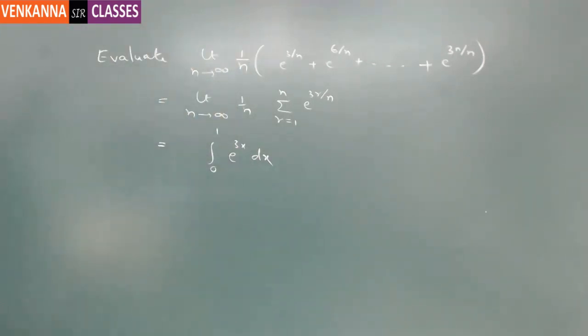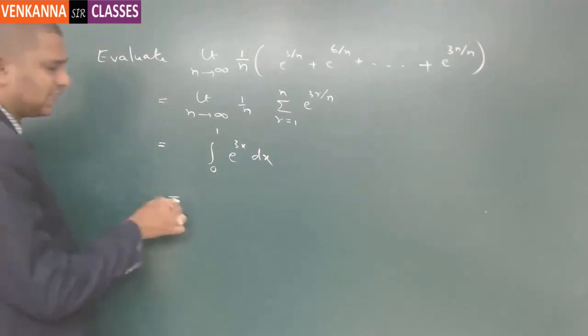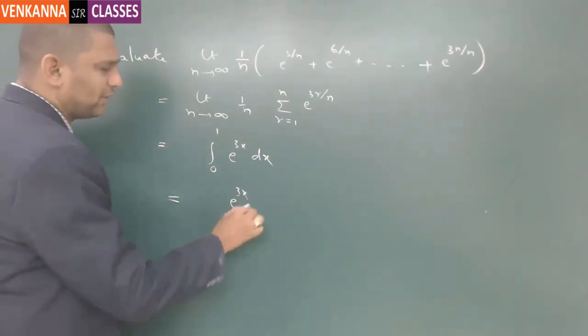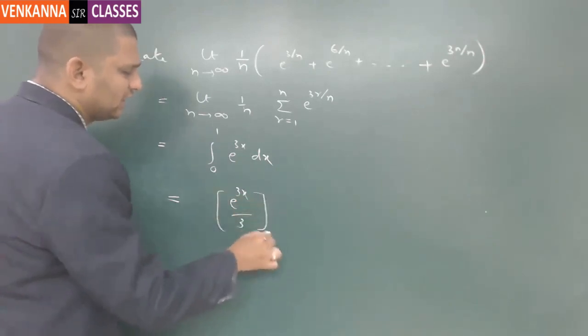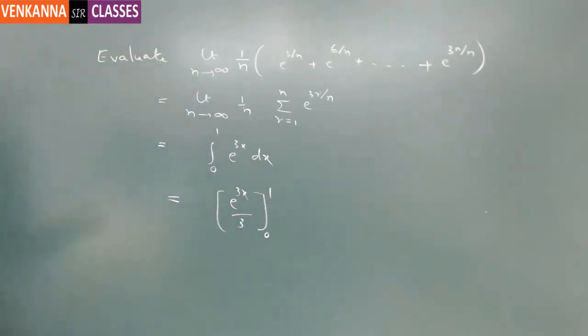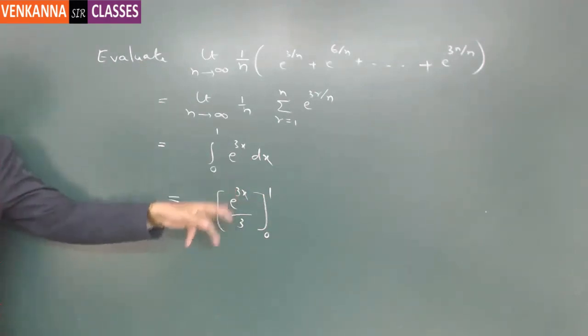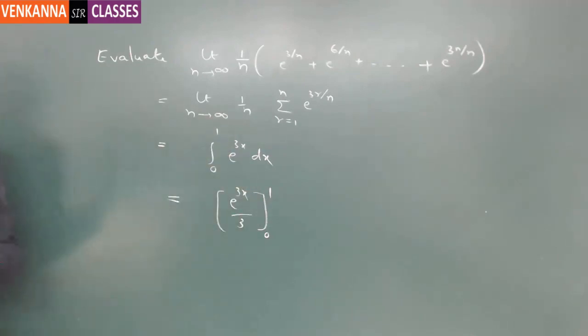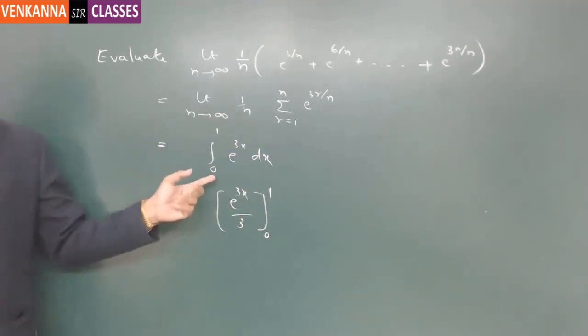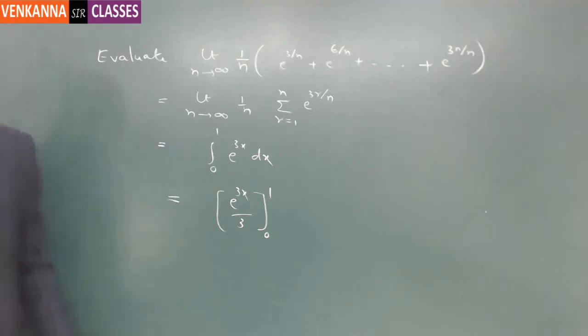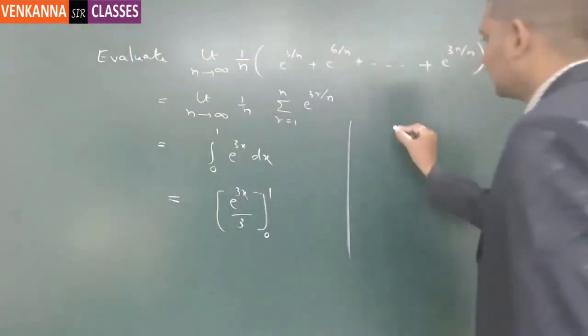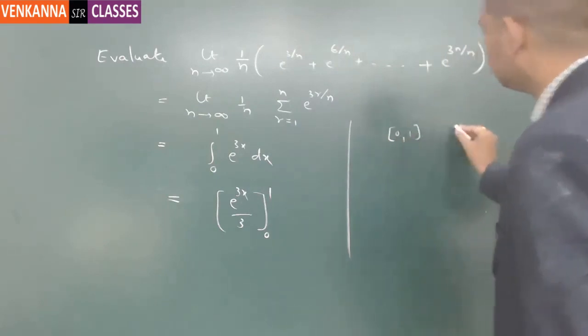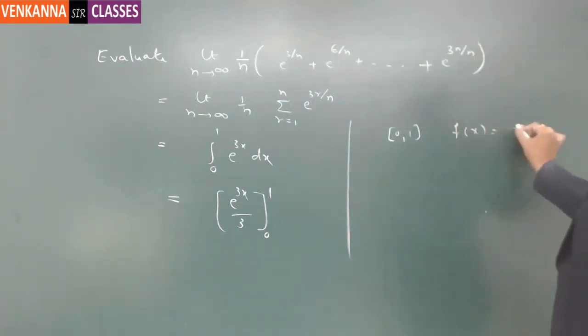Now here, straight away, we don't do the integration. Actually, what we will do, at this step, we simply write that e power 3x by 3 between the limits 0 to 1. Now the question arises that how you can straight away take that this value is equal to e power 3x by 3 from 0 to 1, because here you are making use of the fundamental theorem. So what you will write, the interval is 0 comma 1, the function f of x is equal to e power 3x,